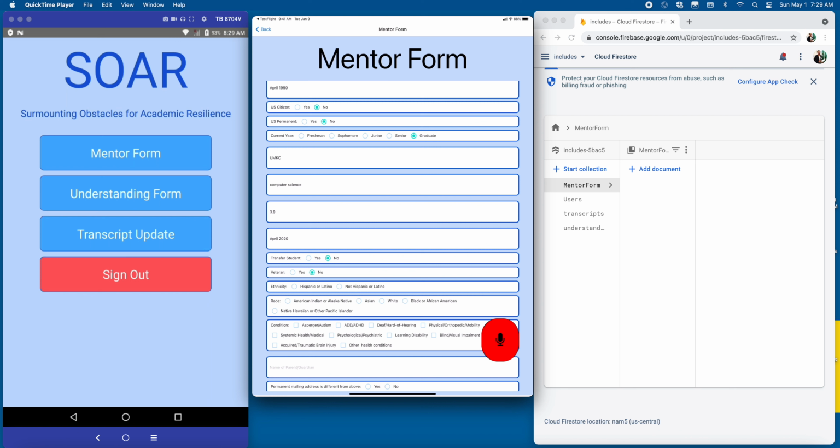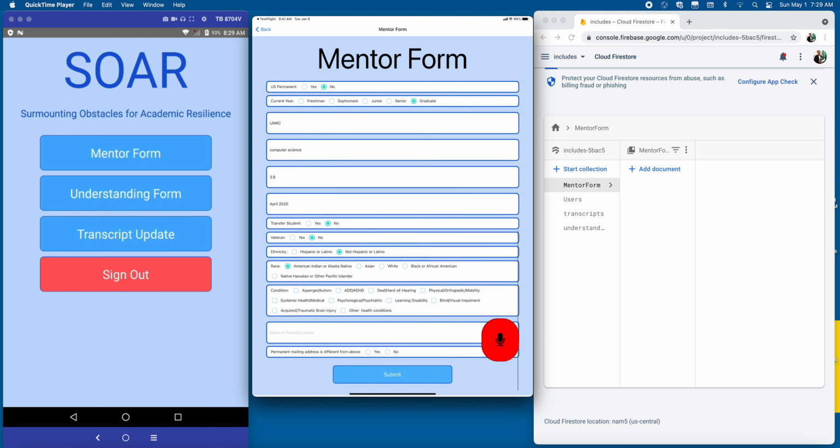Well, we can say I'm Hispanic or not Hispanic. For example, I'm not Hispanic. And then here we can say American Indian, Asian, white, black or African American, Native Hawaiian. So let's try American Indian. My race is American Indian. Okay. And then in here, because we're going to select more than one